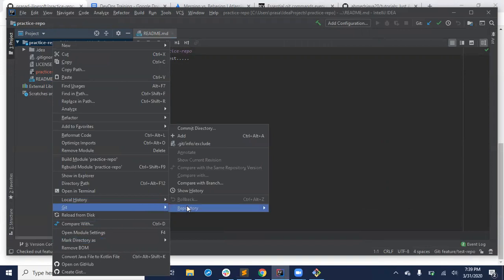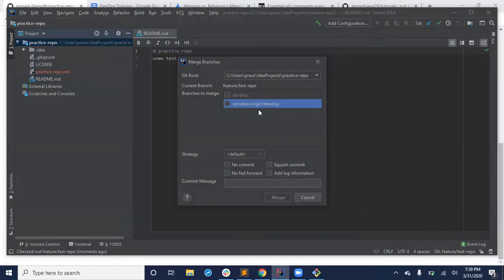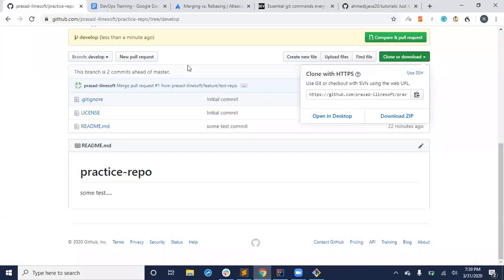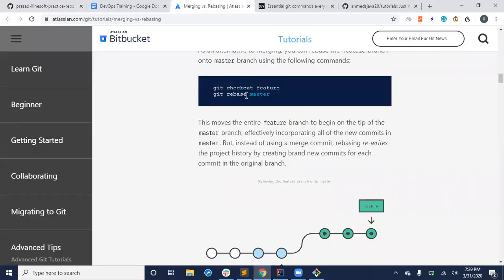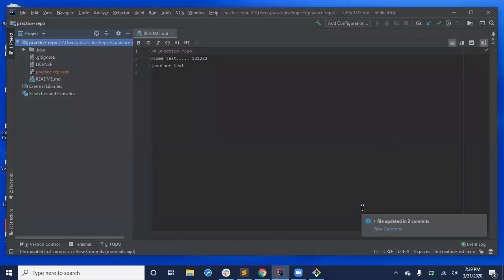go to git, go to repository, you say merge changes. Now it just says from which branch you want to merge. So let me take from the remote branch of develop branch. I want to put some data into my local branch, feature test repo. So since there is no conflict, see, it came directly. So basically I'm doing the merge, which this command of git merge, so simply. This git merge, yeah. From the IDE. So from the IDE, you don't even know what's happening internally. It's so simple.